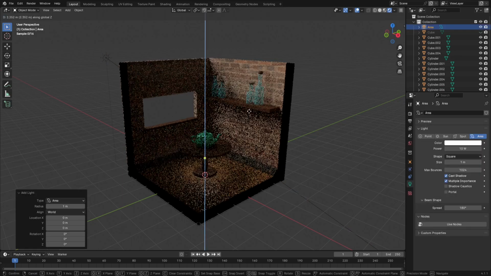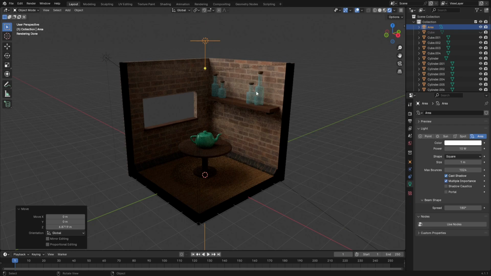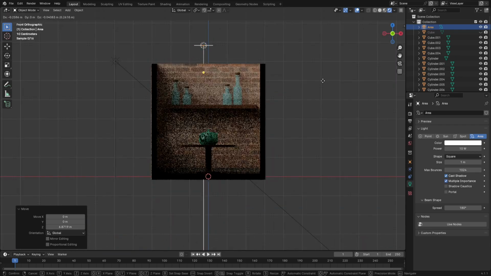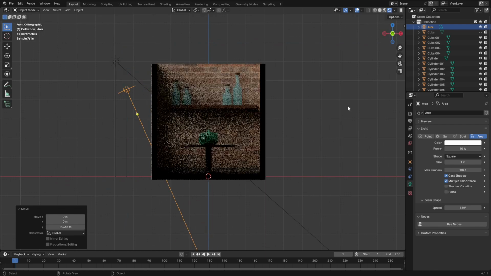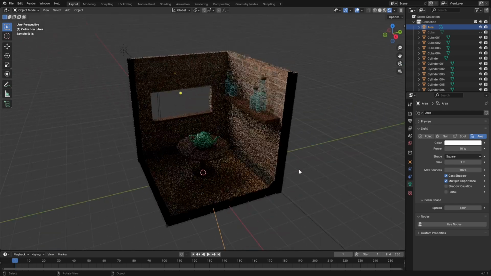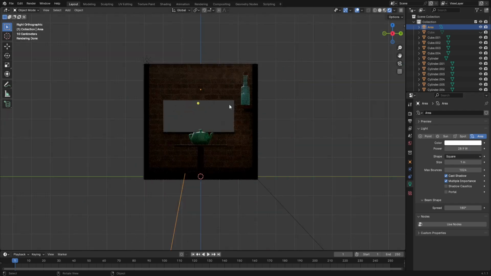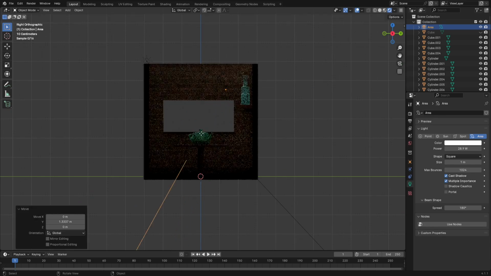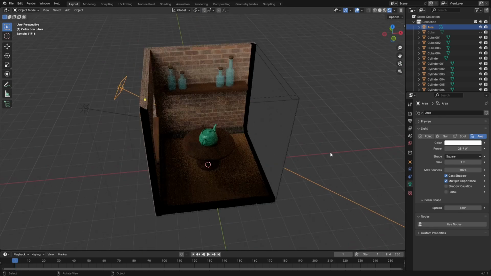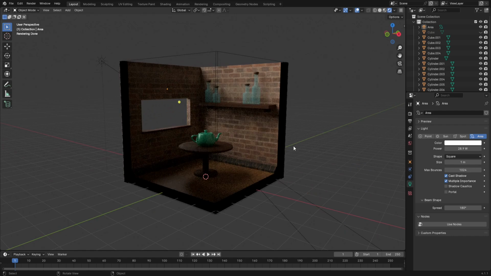I attempt to add an area light. You can see it's a bit more of a diffuse lighting and not the whole world lighting changing. Trying to get it to go through the window, which does work. You can see it when I turn up the power. You see the sort of white shadow being cast around the table there. However, it doesn't really look natural,